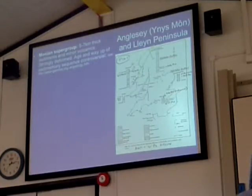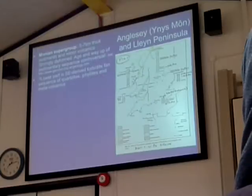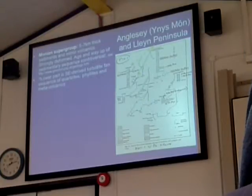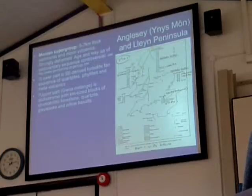There has been a very considerable debate in the literature about the age of the Anglesey sedimentary sequence, and furthermore, which way up it is. What most people think is the lower part, but may be the upper part, who knows, depends who you believe, is a southeast-derived turbidite fan consisting of quartzites, phyllites, metavolcanics, and the upper part, called the Gwna Melange,